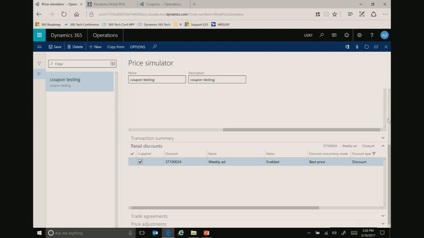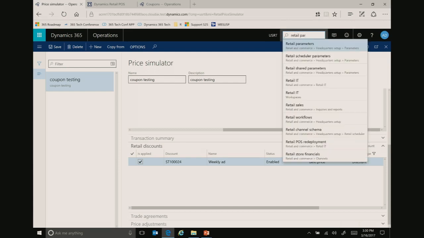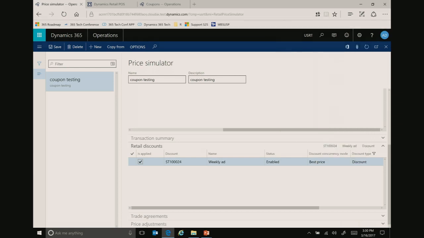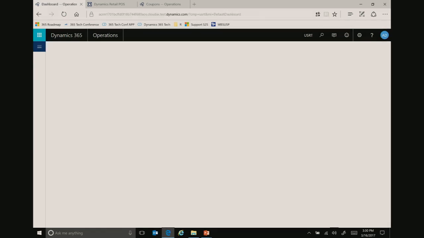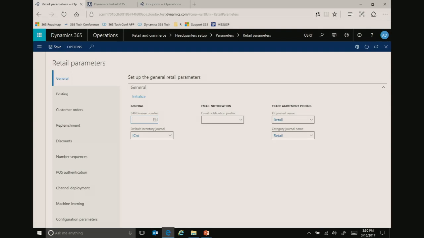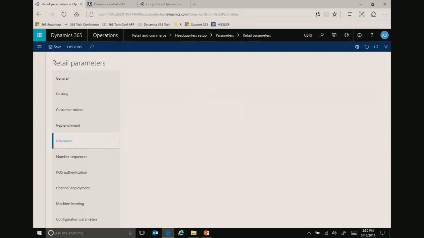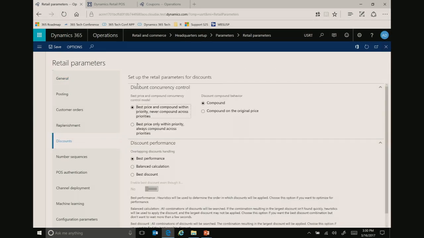I wanted to show you that. I also want to show you the other upcoming change from sealing, which is discount concurrency control. So in my talk last year, and I've mentioned it a couple times here,